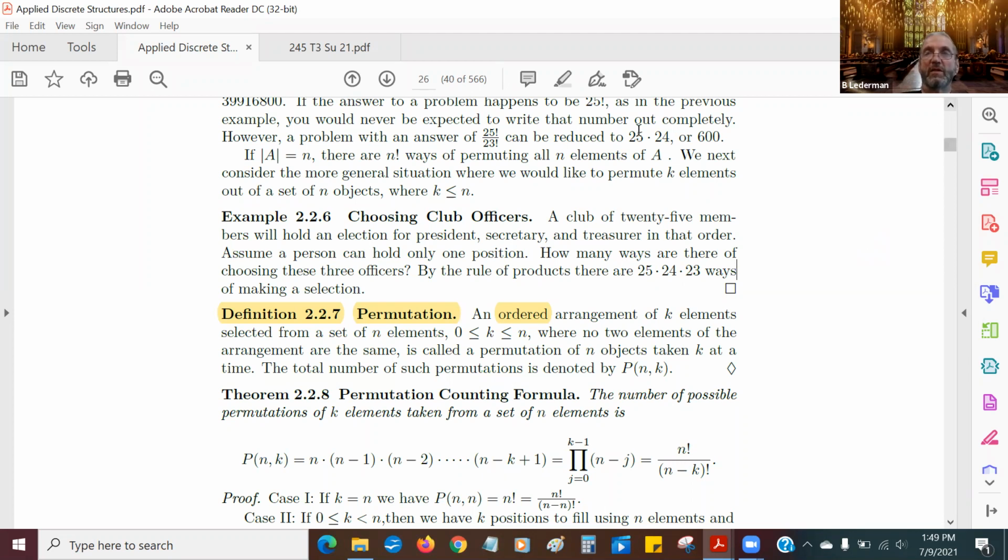That's actually going to be this number here. That's actually going to be 100, will be the final answer. No, I'm sorry. 25 times 24 times 23 divided by 6, because